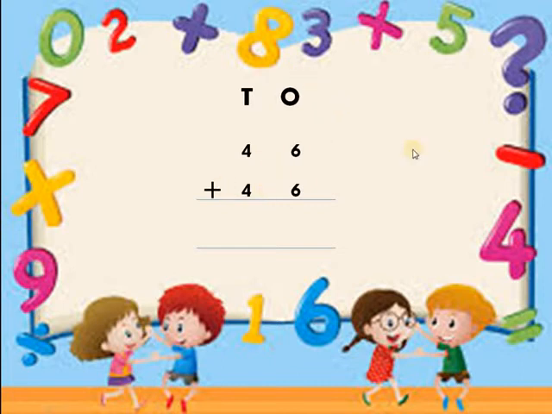When we add 6 plus 6, it becomes 12. That means this is 12, and in 12 we have 1 ten, 10 plus 2. In ones place we have 2, and in tens place we have 1. So this can be written as 10 plus 2. Now why do we expand this number?